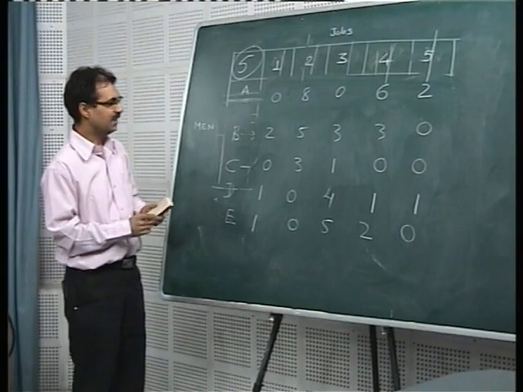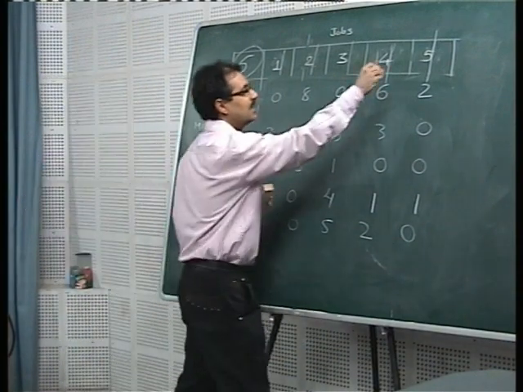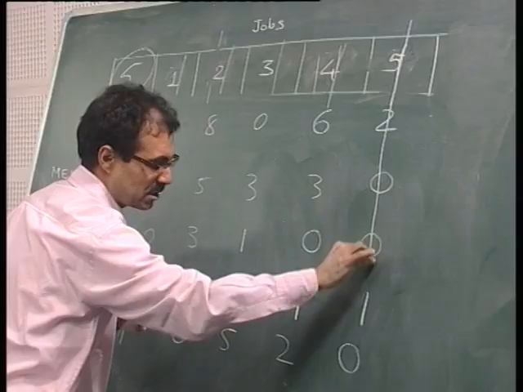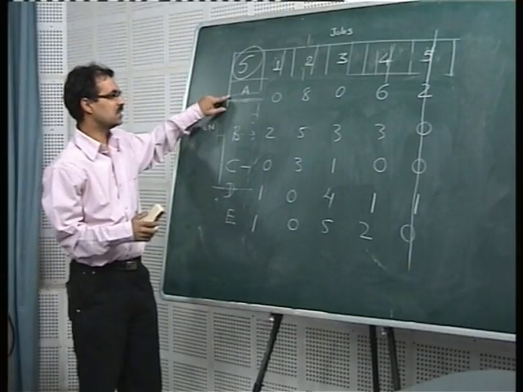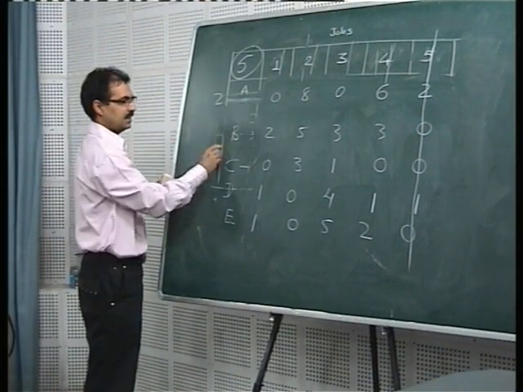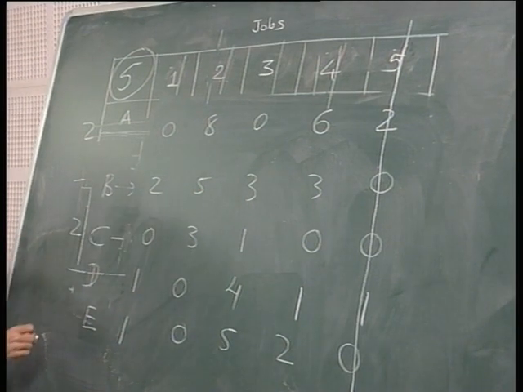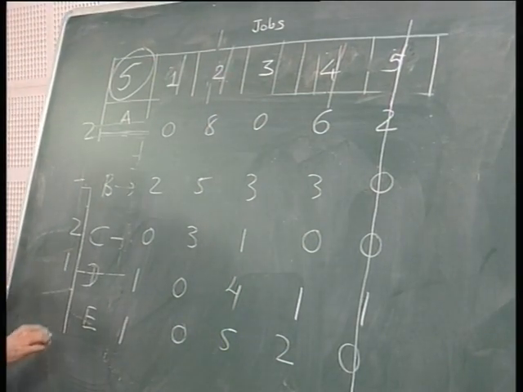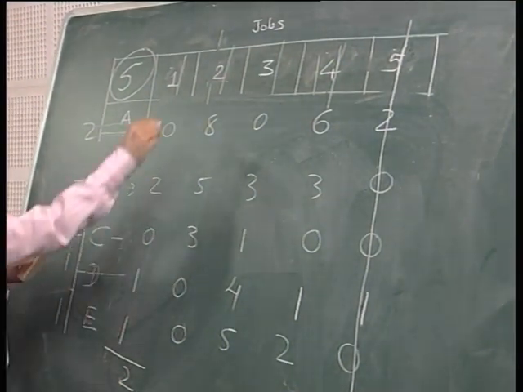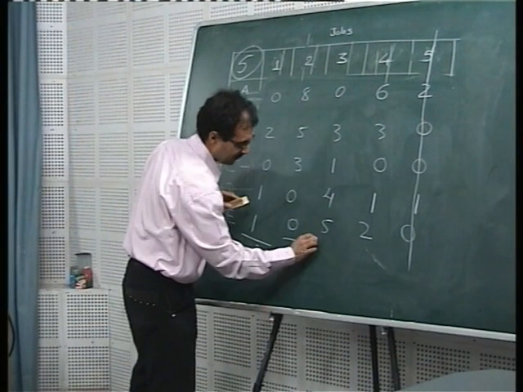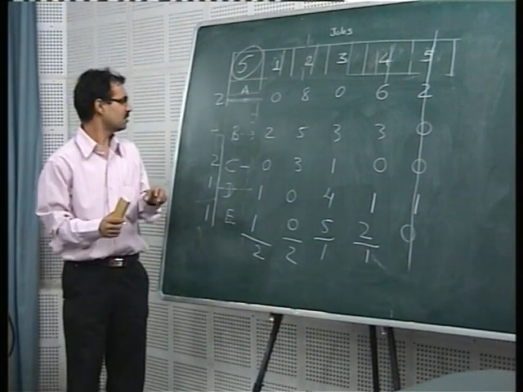Okay, but anyway, 3 zeros is still a big number, so I think it is the highest. So let us delete this fifth column. At the same time 3 zeros are gone. Okay, look at the first row. How many zeros? We have 2 zeros here, here no zeros. In this we have 2 zeros again. There is only 1 zero, and there is only 1 zero. If you look at the columns, there are 2 zeros here, 2 zeros here, 1 zero here, and here also 1 zero. So the highest number of zeros is 2.